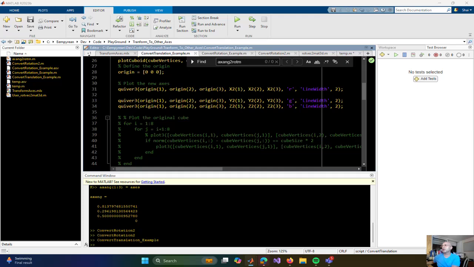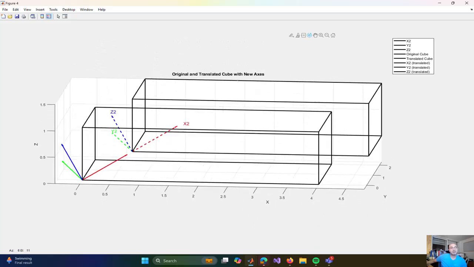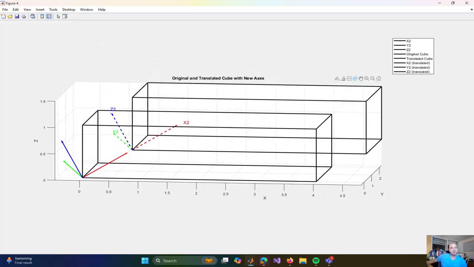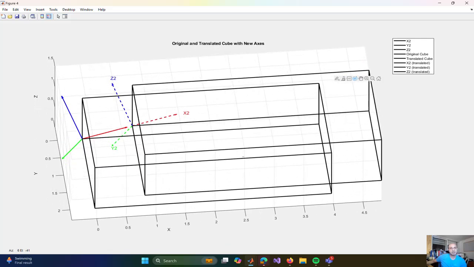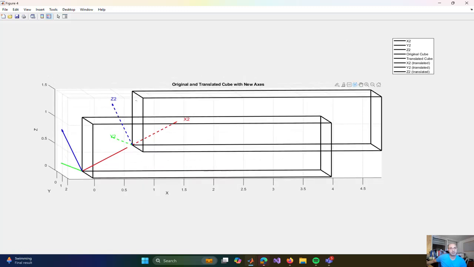we have the translation conversion here. So here we have the x2, z2, and y2 axis. We can see them in red, green, blue. We have the original xyz axis. Y is here, z is here, x is here. And we have some 3D object. We can see the cuboid,